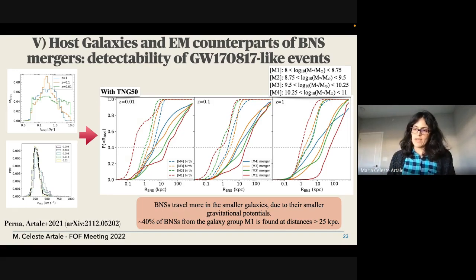Taking into account the resolution that we are able to map in a simulated galaxy, we can identify the mergers within the galaxy and understand their evolution in time. So in this work led by Rosalba Perna, we used Illustris TNG50 to investigate the host galaxies and the electromagnetic counterparts of binary neutron star mergers, from the perspective of our first binary neutron star, GW170817, and see